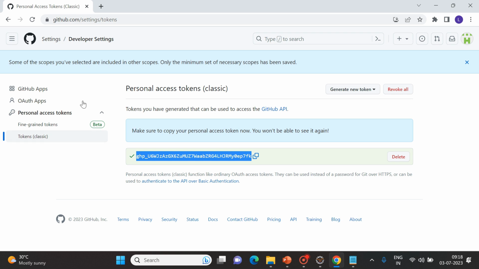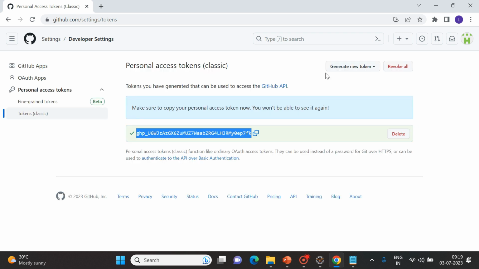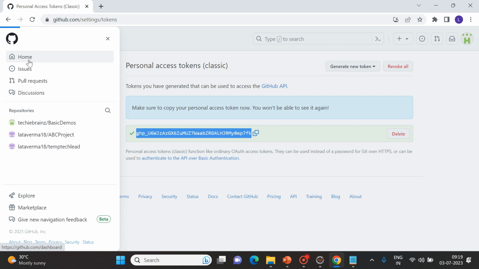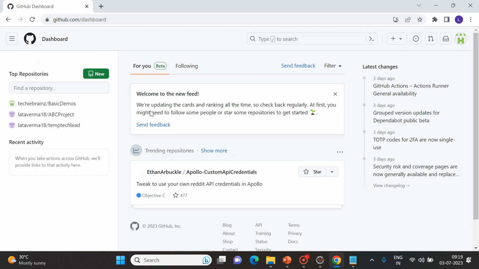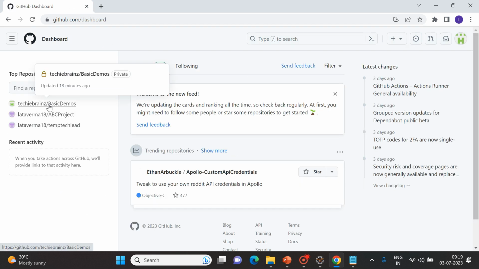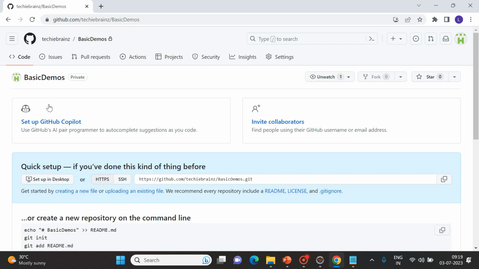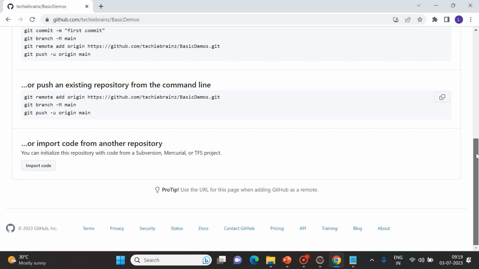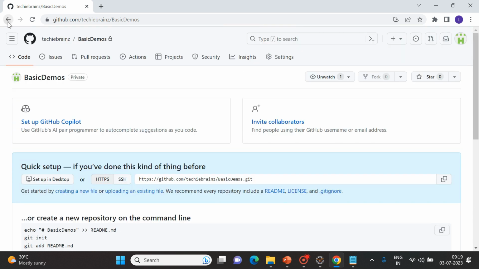Now the token has been created. Now I can go back to my repository. So I can simply go to the home page. Here you can see this is my basic demos repository which I have just created. It does not have any kind of content uploaded till now, and